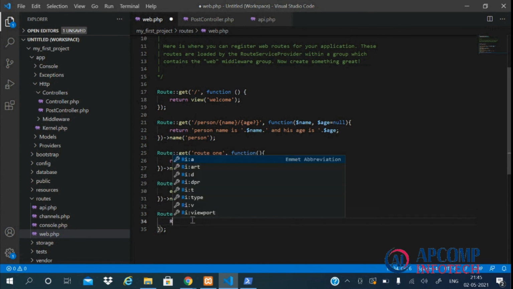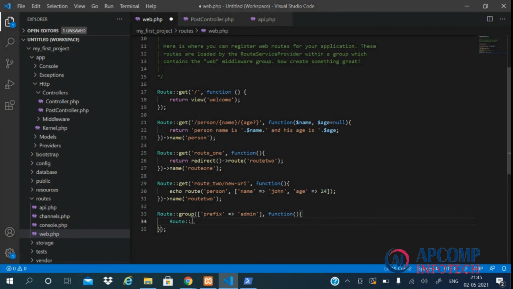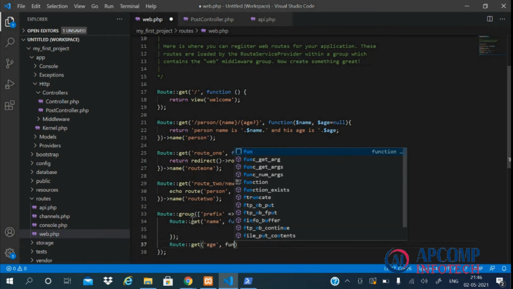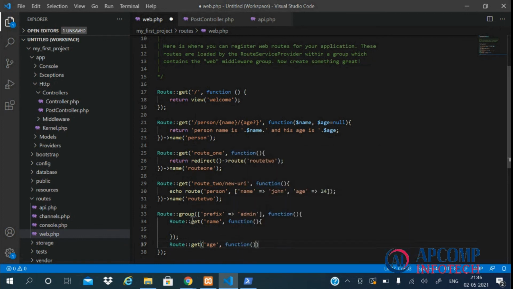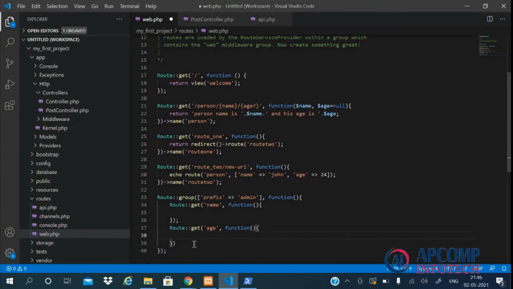So whichever route we will write here, like name or age, will automatically prefix this admin before the name and the age.